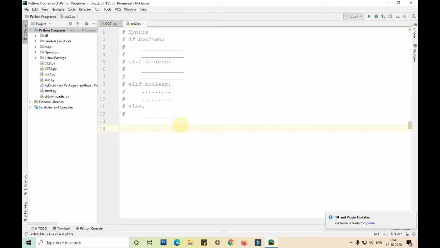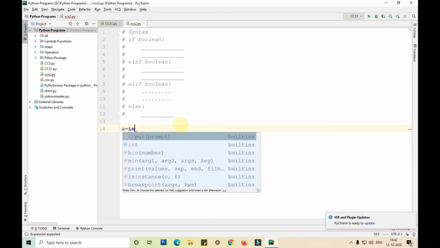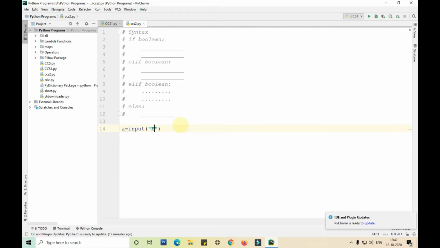I'll just take a equals to input, enter first number, followed by a colon, b equals to second number.